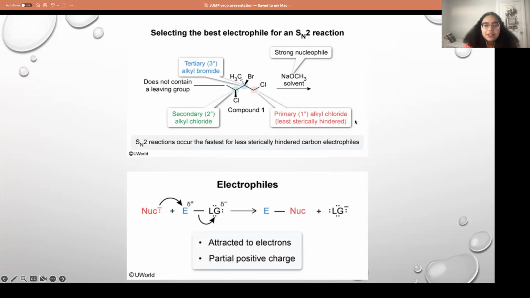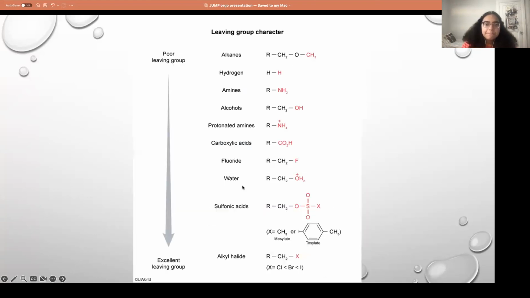In terms of SN2 reactions, you have to decide the electrophile. Which area in here between the red, green, and blue is fastest? It's fastest when it's less sterically hindered. In that case, that would be the primary, the red alkyl chloride. You can see there's no other groups really around it. Whereas the secondary group has the chlorine, and the tertiary group has the methyl and the bromine. So it's best when there's no other things around, because you have so many things going on at the same time. Steric hindrance can really get in the way.